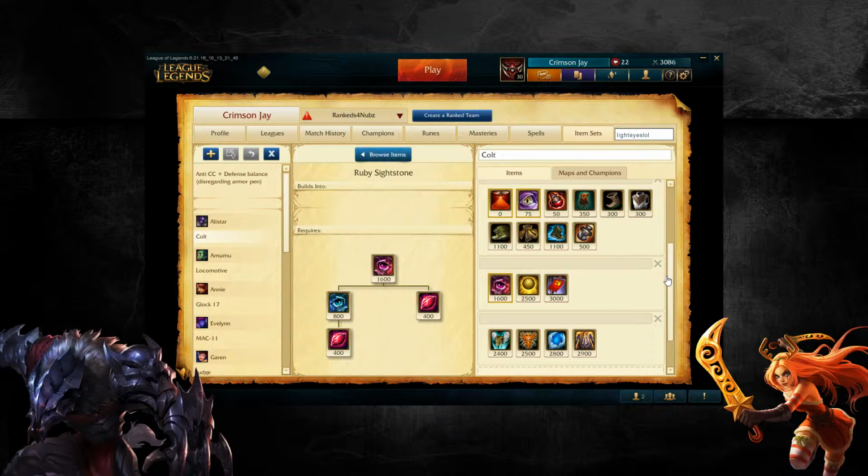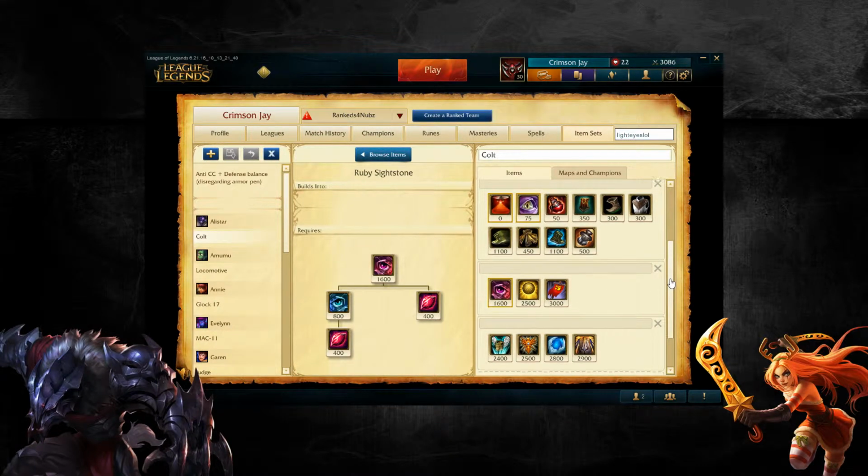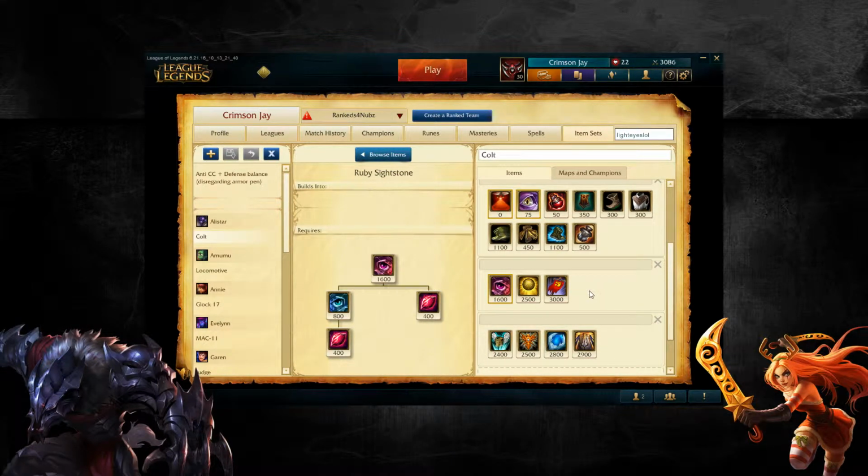Once again, this time it's a guide for support Alistar. Probably one of the best hard carry supports for solo queue. You can go so ham in lane with this guy, and you can just destroy an entire game on Alistar. Anyway,